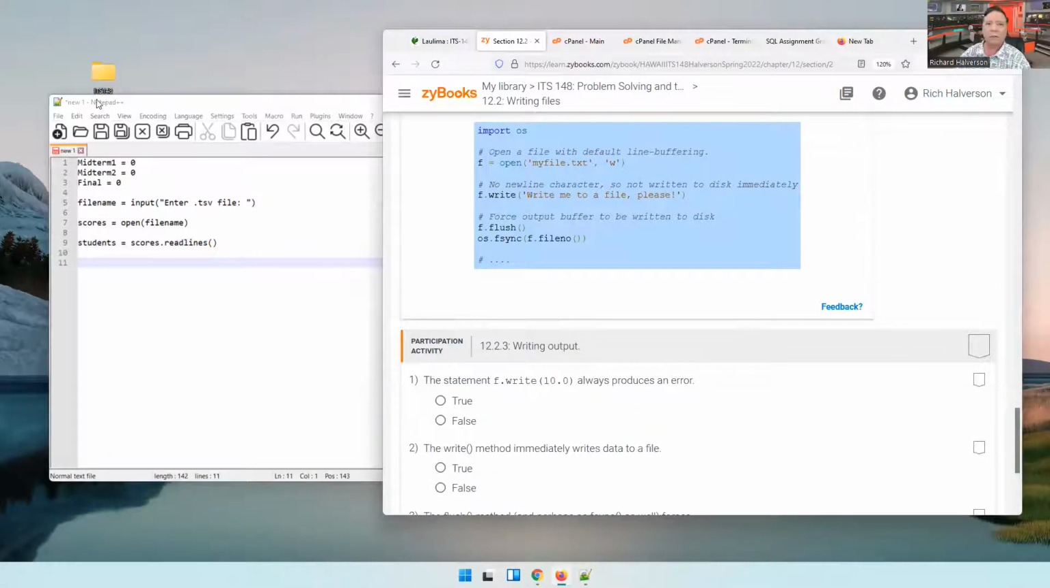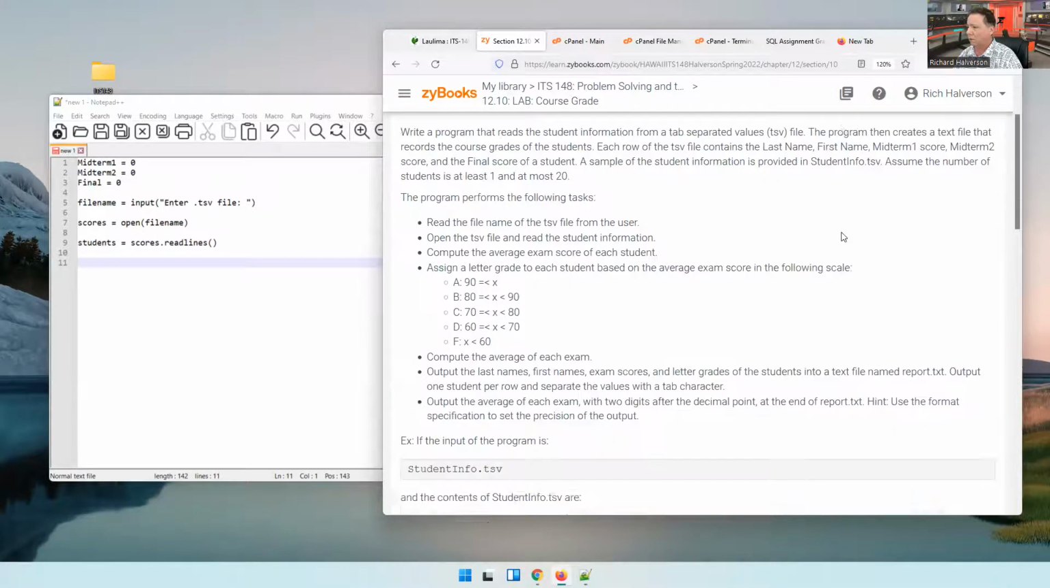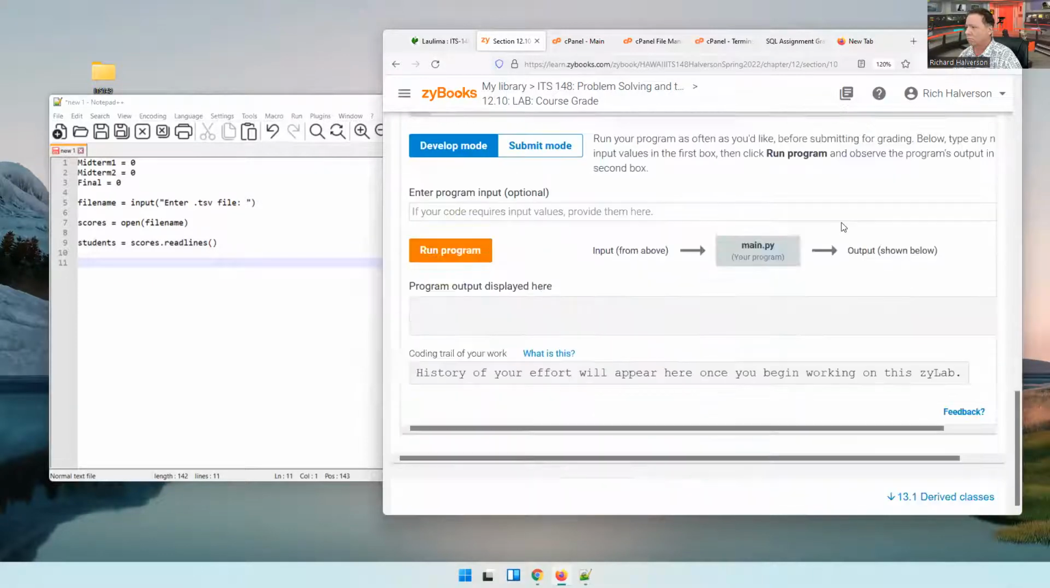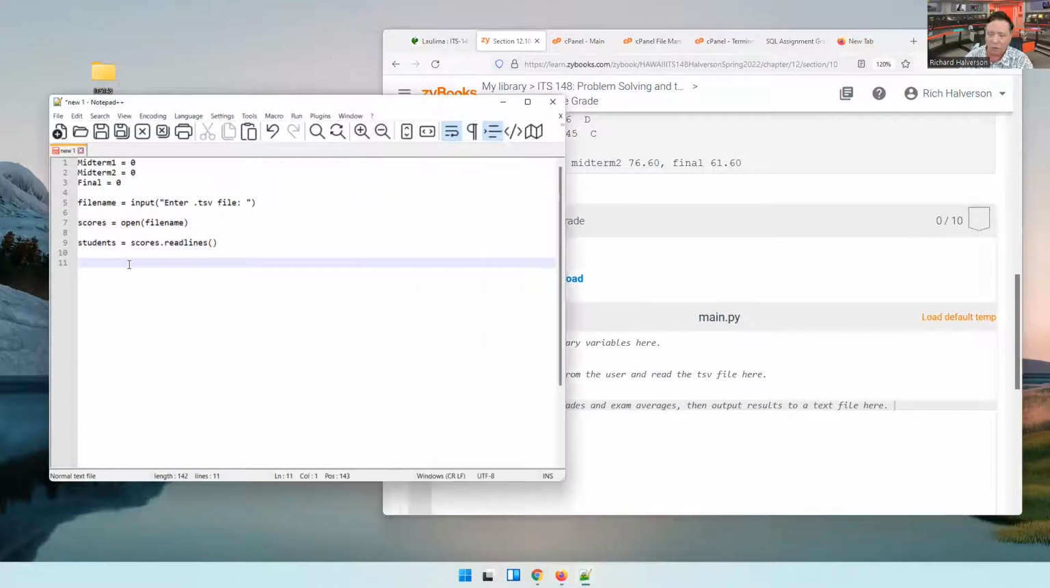Well, in my notes, I'm using print. Does it say that I should use? Let me look at the... Oh, it doesn't give me a hint. Well, I might do it a little bit differently. Okay, so I have to open up the output file,